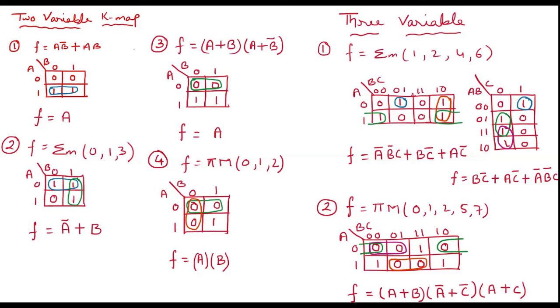So you should be looking over here that all the ones should be covered in the min term and all the zeros should be covered in the max term. And when this is covered, it should not be grouped further. See, in this case I have covered these two zeros, but this zero is not covered. To cover this zero, I have taken this zero from this group, and accordingly I have done it. But here all the zeros are covered, so I should not do further grouping.